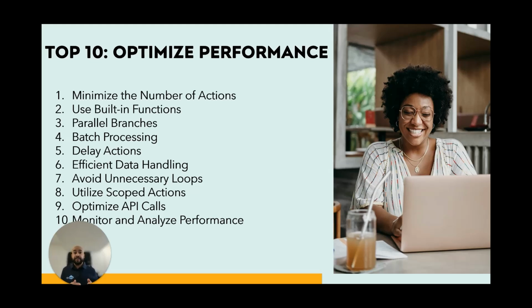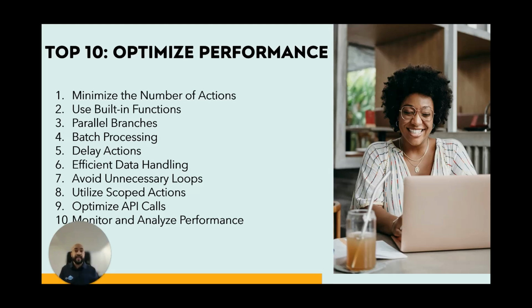Now, delay actions. Use delay actions strategically to manage the execution timing of your workflow. This is useful for scenarios where you need to wait for an external system to respond or to avoid hitting rate limits. Very important. The sixth one, optimize how your flow handles data by using variables and avoiding unnecessary data transformation. The seventh, minimize the use of loops in your flow, or I would say avoid unnecessary loops,